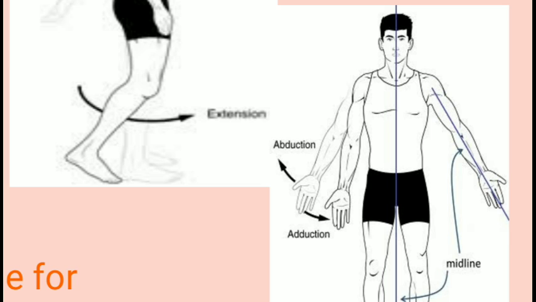So here it was told that moving the part away from the midline, that is lifting up the hand sideways, is known as an abduction. You can see here two hand pictures are being shown. And when the hand is moving away from the midline, that is known as an abduction. And when again the hand is coming back towards the midline or towards the body on the sideward, that is known as an adduction.